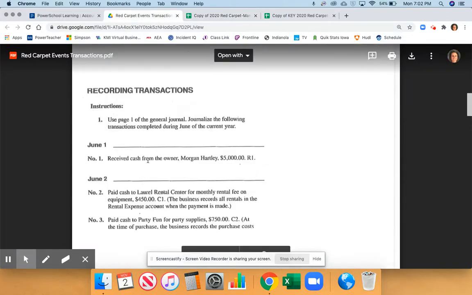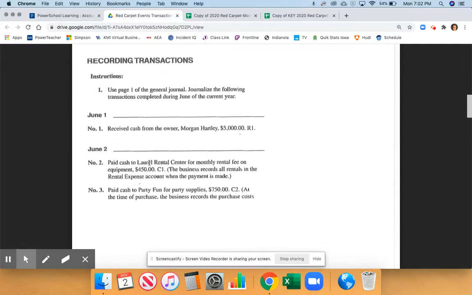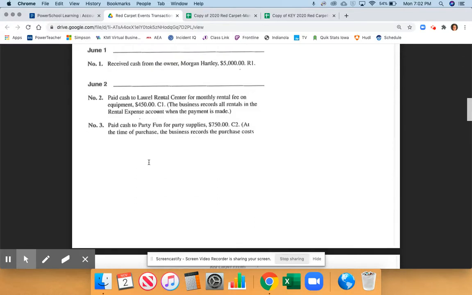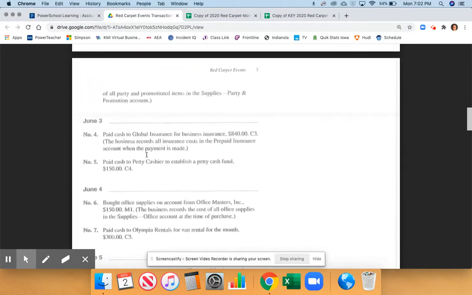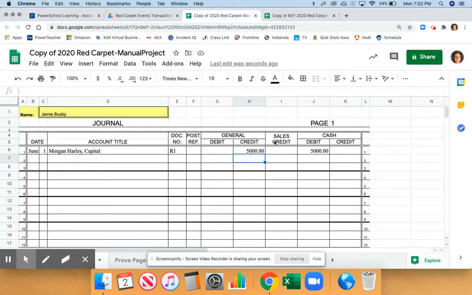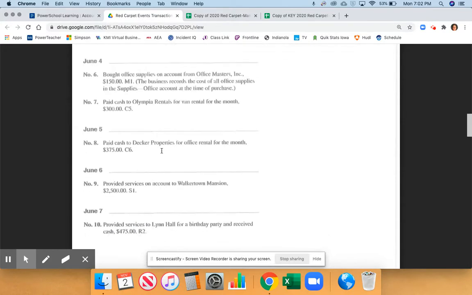The next transaction that I would like to show everyone, I'm going to jump down to our first transaction where we received cash for a sale. Now notice Red Carpet Events, that is an event company. So we aren't selling an item, we're selling services. So you'll notice that we have sales credit here. That is anytime we provide a service, event planning. So our first time that we provide a service,